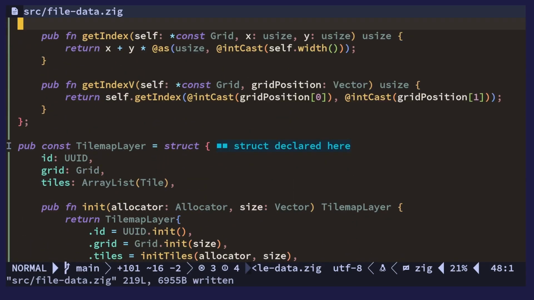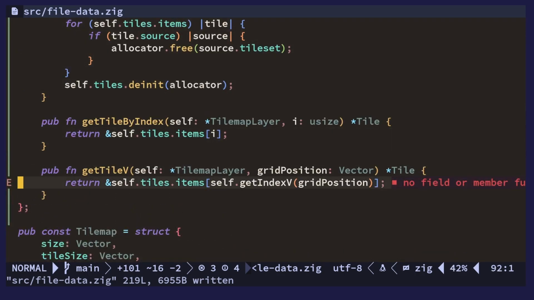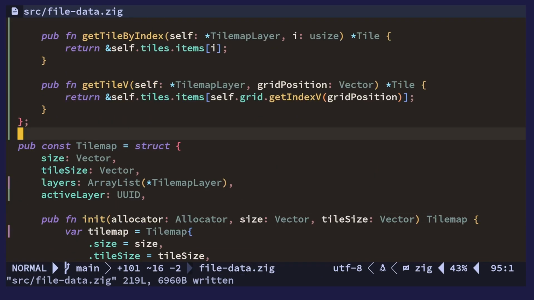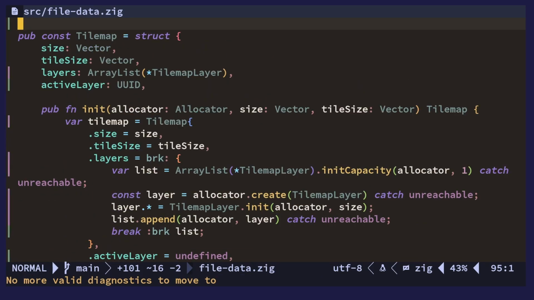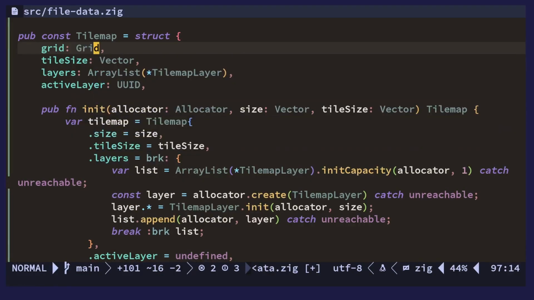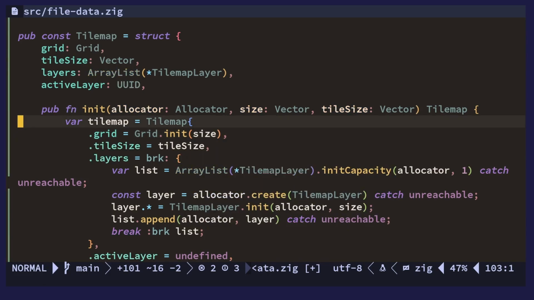Okay, and index. This would be self.grid get index. Okay, and now instead of size here we have a grid, which is a grid, and then here we have a grid, and we do grid.inSize. All right,